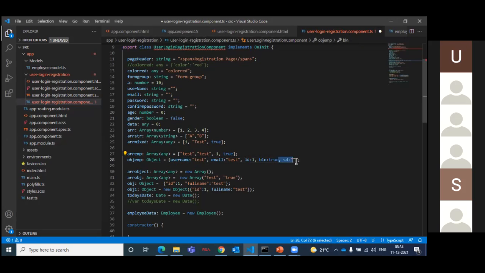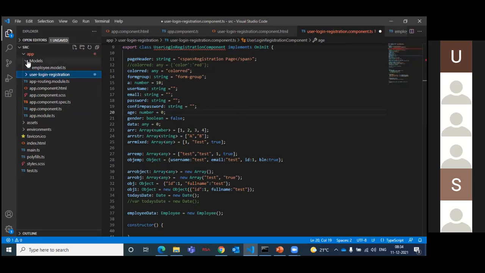Can we predefine this object? Yes, we can define these objects as well. That is called the concept of a class. A class is nothing but a model. Let me explain how to create a class or a model. Everyone, please create a model directly inside the app, not inside your specific component.